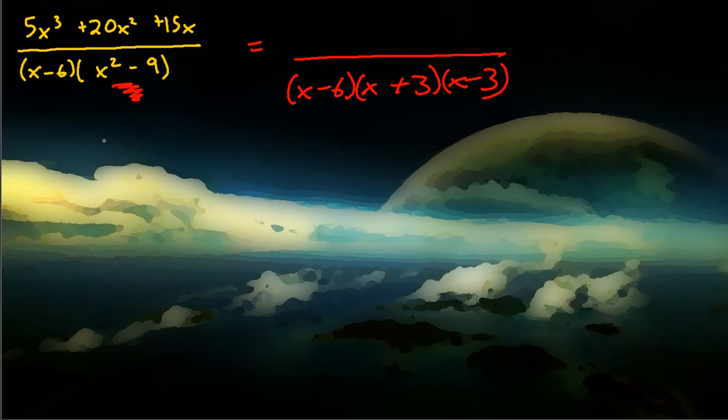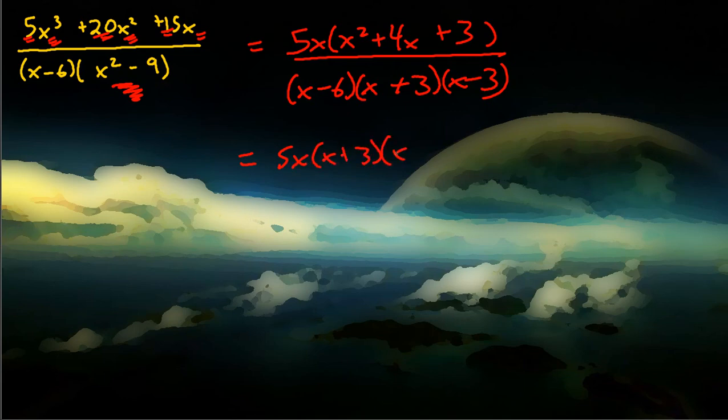What about the numerator? Now, as I look at the numbers, I could factor out what's the common factor of 5, 20, and 15, and you should think 5. As I look at the x cubed, x squared, and x, I could also factor out an x. So I'm essentially going to divide all these terms by 5x, and I'm going to get x squared plus 4x plus 3. And that will give me 5x, x plus 3, x plus 1, and x minus 6, x plus 3, x minus 3, boom, boom, those cancel, and that leaves me with my final answer of 5x